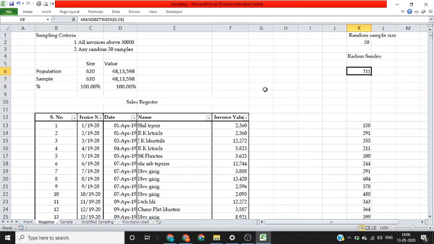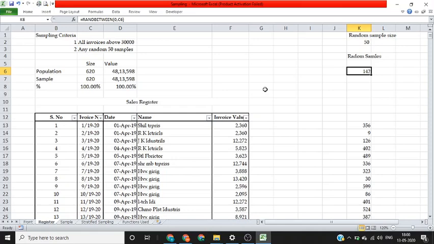Now every time we press F2 and Enter, this number will keep on changing. Even if we make any changes in any other cell in Excel, the number will keep on changing. This is how Excel calculates a random number.